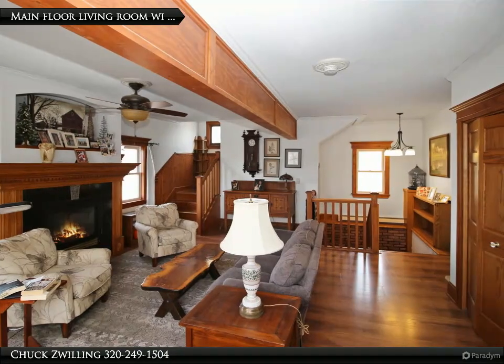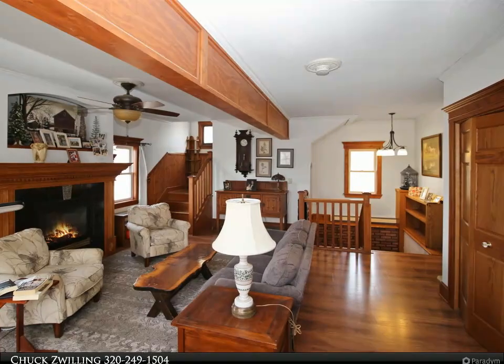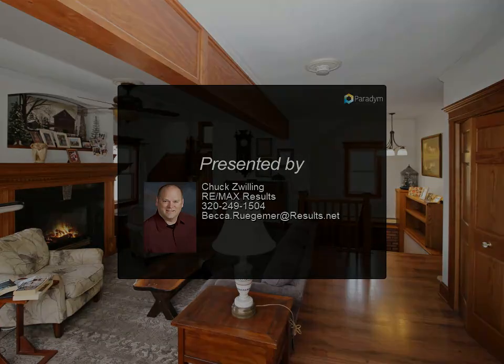The upper level offers 3 same-floor bedrooms plus a versatile bonus room, while original trim work and a leaded glass window preserve the home's timeless charm. The lower level family room includes a real wood fireplace, and the home